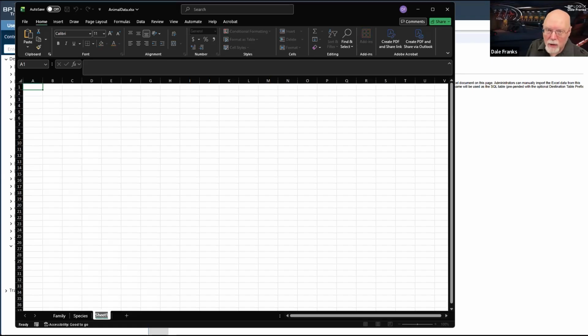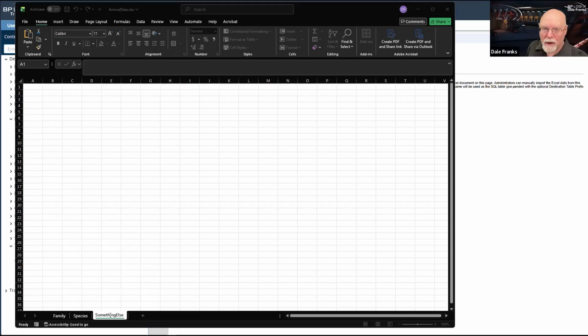So I can't have sheet one or sheet two or whatever. I would have to name it something else so that the sheet has a name. I would not name it something else because something else has a space character, and space characters are bad. So it can't be sheet one, and it can't have any spaces. In fact, it has to use the same naming constraints that we would use in a form field name.